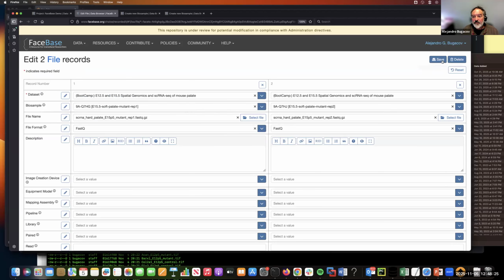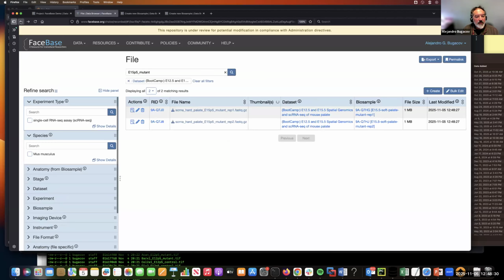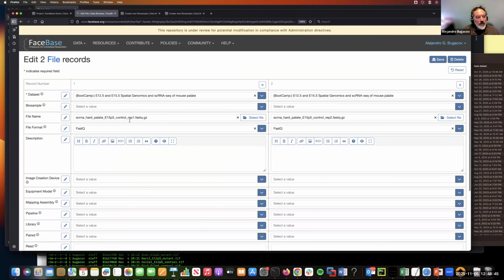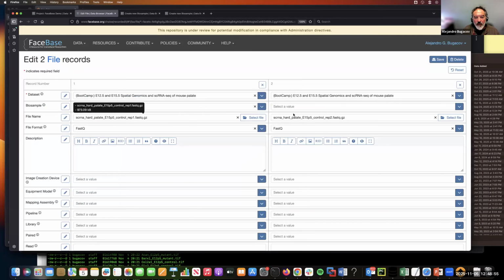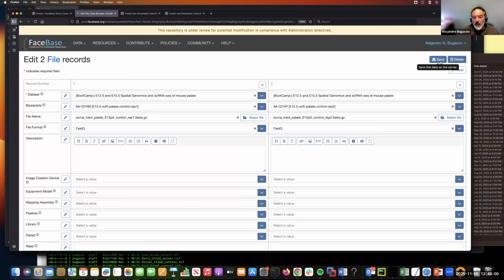So I have selected the corresponding biosamples. Now let's do the same for the control. Again, bulk edit. Select the biosamples. This is the control replicate 1, and here the control replicate 2. Click save,